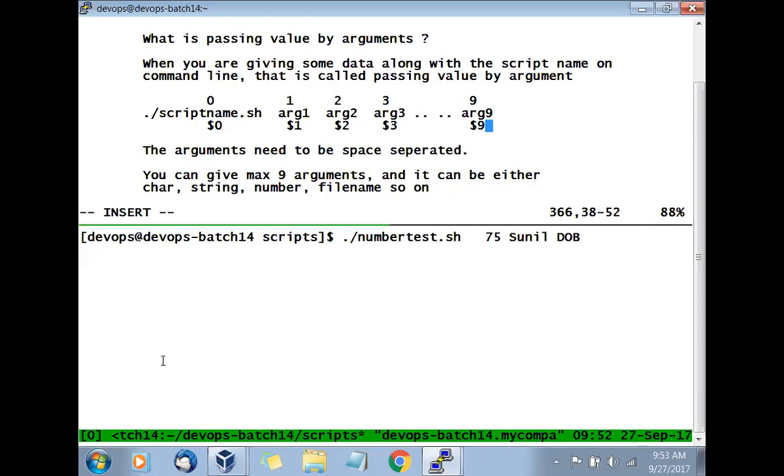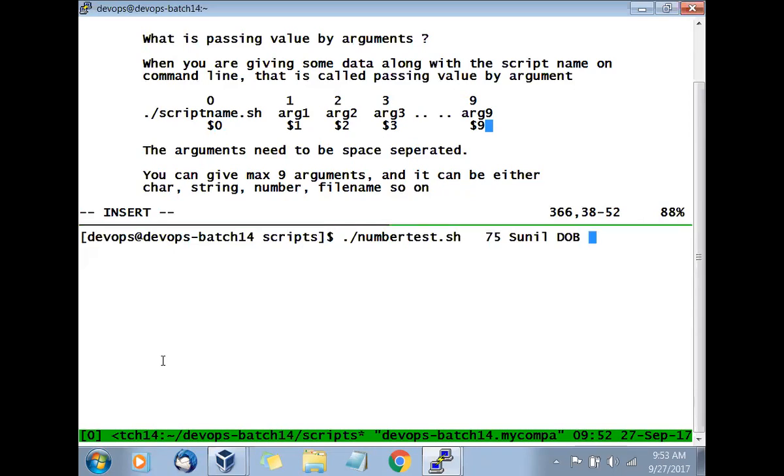So what is $0? It is the script name. What is $1? First argument. What is $2? Second argument. What is $3? Third argument, and so on.